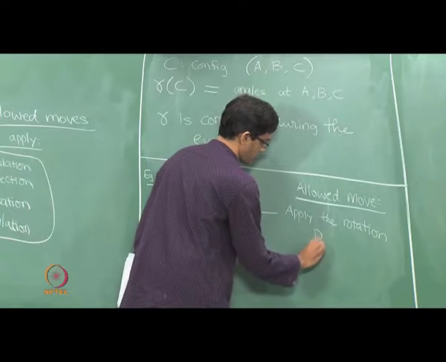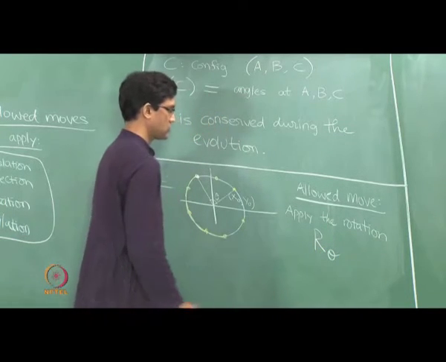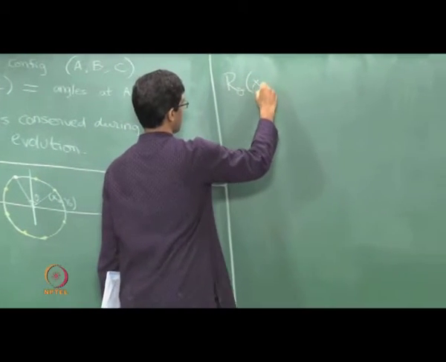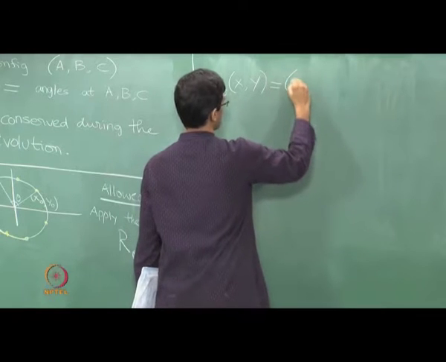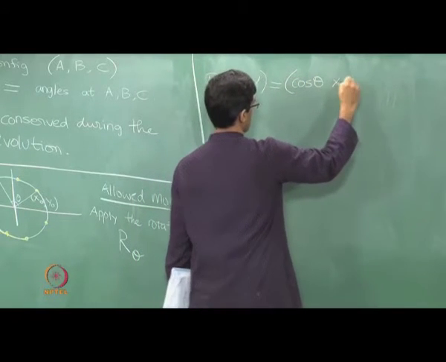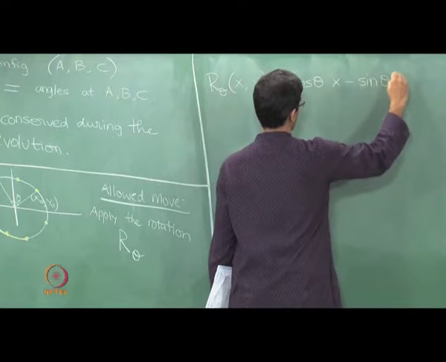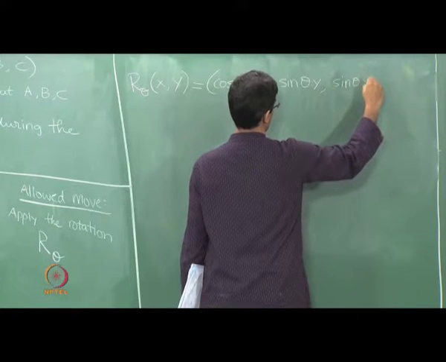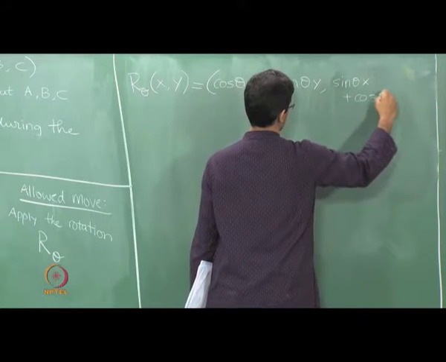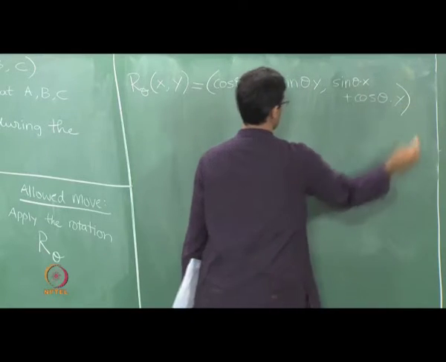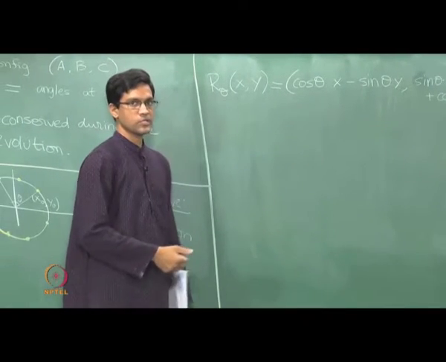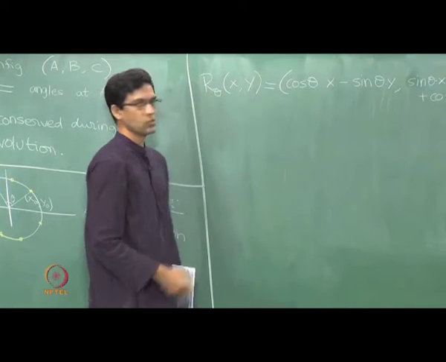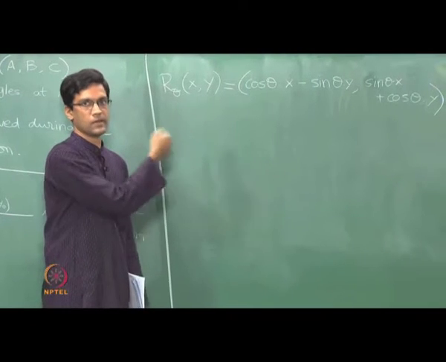Let's give the rotation, it's a linear transformation by the angle theta. So what rotation are you allowed to apply? So R theta has the following formula. It's something for you to check. This is just cosine theta times x minus sine theta times y, comma sine theta times x plus cosine theta times y. So what you are allowed to do at each instant of time is to pick an angle theta and apply this transformation to the point (x, y), thereby obtaining another point.